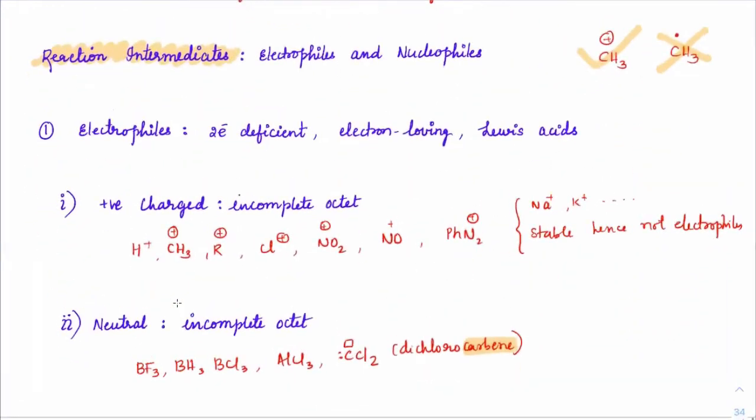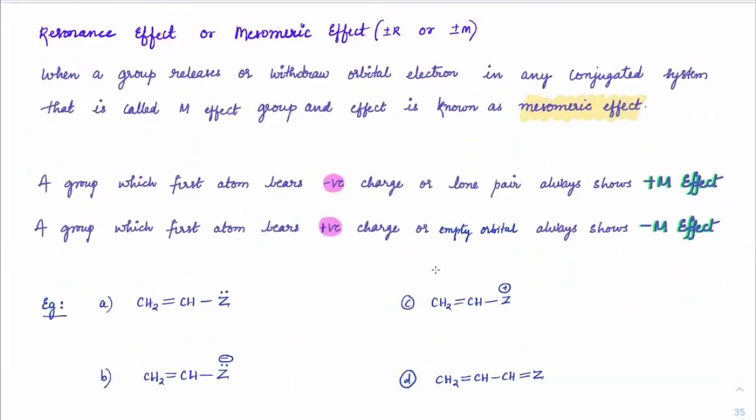Reaction intermediates. Now on that note, let us check out what is mesomeric effect or resonance effect. A resonance effect is also known as plus or minus R effects. Mesomeric effect can also be categorized as plus M or minus M effect. For our understanding, we will consider plus R or plus M as same, minus R or minus M as same. At least for our understanding, we will not differentiate that. There is a very thin line of difference there, but we will not worry about that.